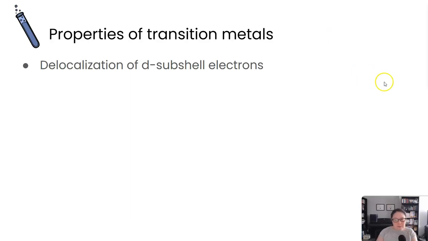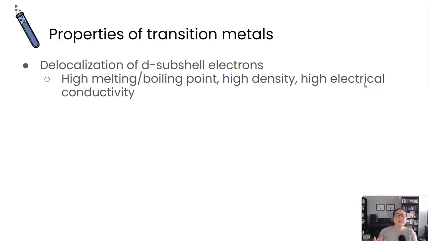So that means a lot of those metallic bonds are going to be stronger compared to something in that S block, like potassium or calcium. So this means that you're going to have a higher melting and boiling point, the density is going to be higher, bigger attraction, everything is going to sort of shrink down because of that attraction,